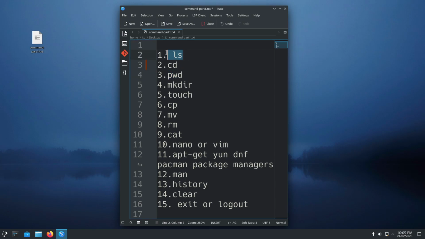So I'm going to make sure that you understand each and every command that we're going to look at in this video, what it does and what it's used for, and also I'll point out some of the things that might be different if you're using a different Linux terminal. For example, how these package managers are different. These package managers are for different Linux distributions. So depending on the Linux distribution that you are using,